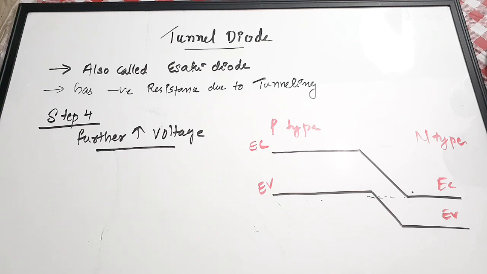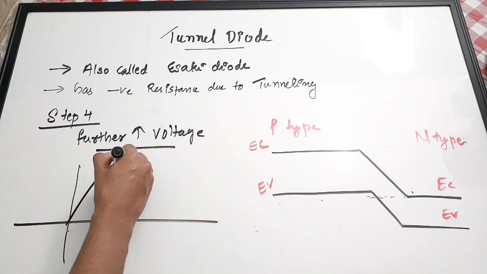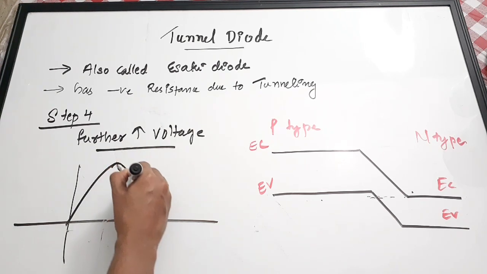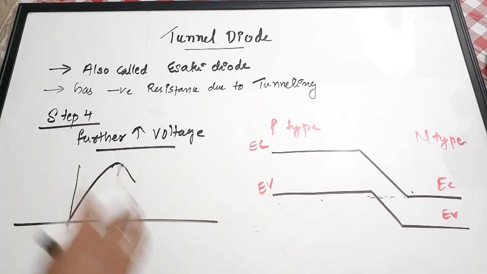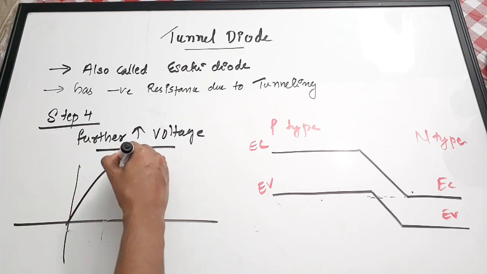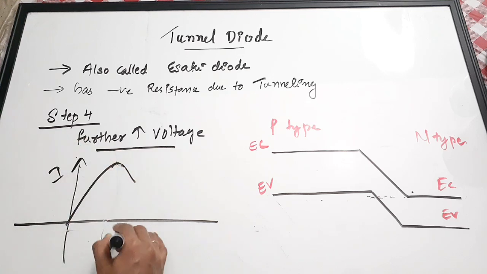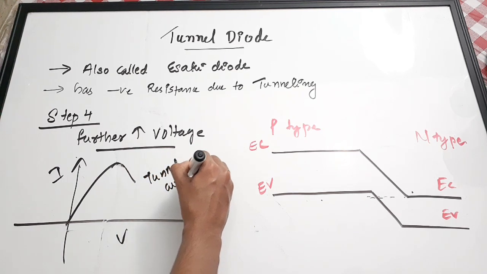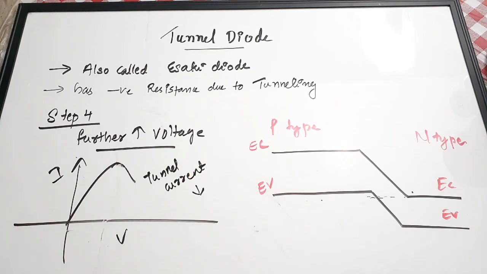Now when there is a misalignment, what happens? The current will come to its maximum and then it will actually drop. Okay, due to this misalignment, the current will start dropping. So there is a drop in current now. This is the current, this is the voltage. So the current will start to drop. Okay, so the tunnel current will now decrease. So this arrow: increase, decrease. I hope it is clear.